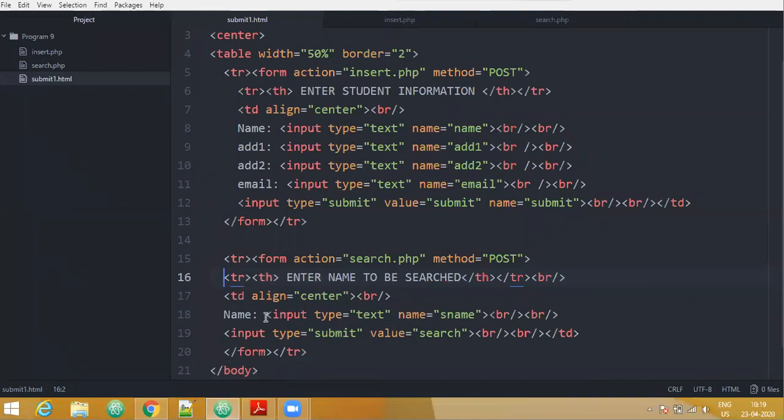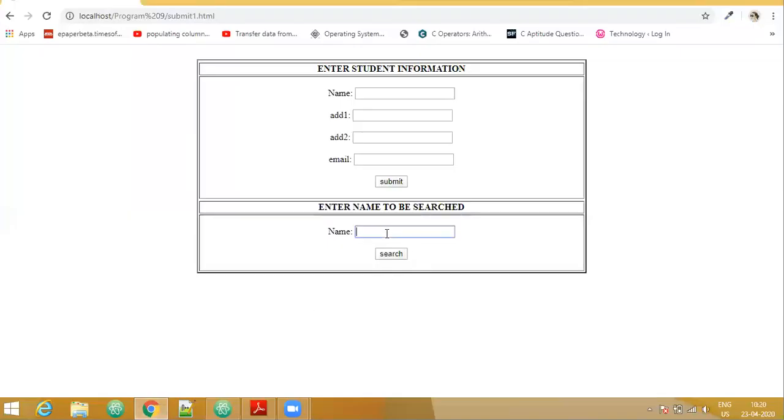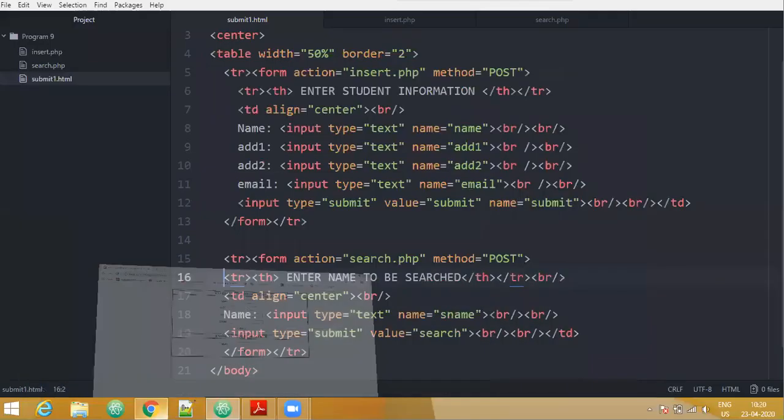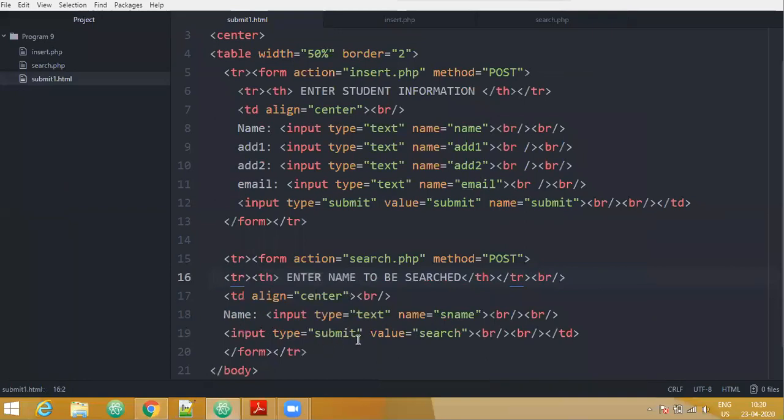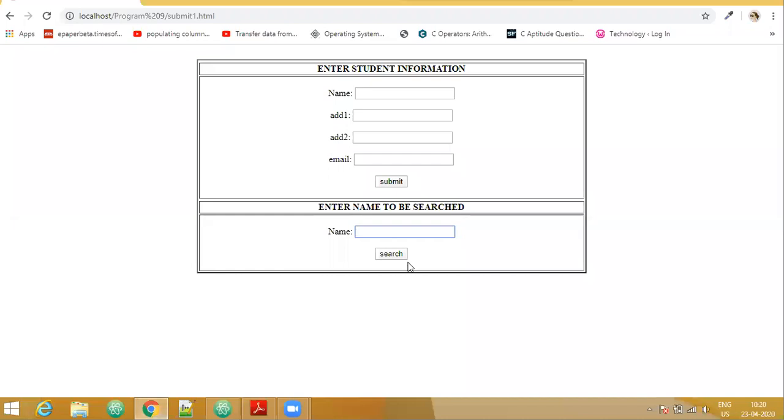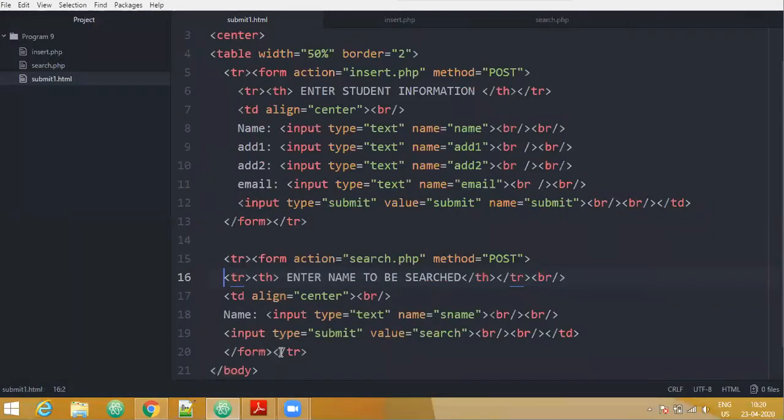Here we have an input box and the name given for this particular field is sname. We have another button of type submit and the value written on this is search. We close the form here. We also close our TR tag and we close the body tag and the HTML tag.